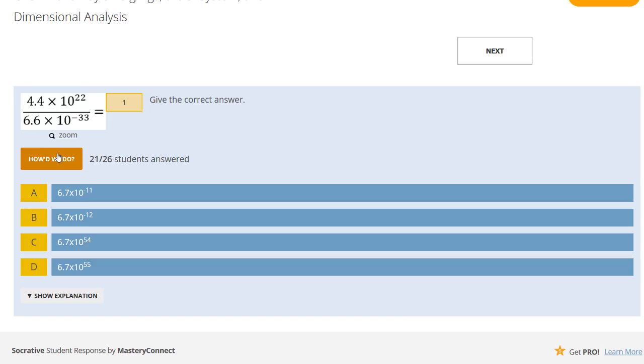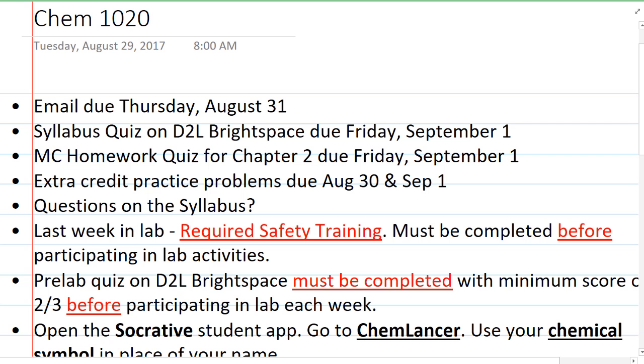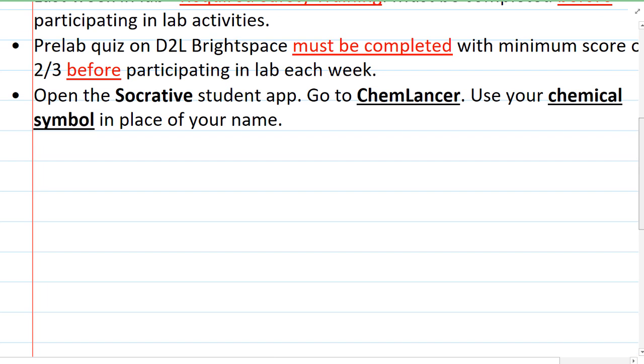We'll count down 5, 4, 3, 2, 1. Correct answer here is C, 6.7 times 10 to the 54th. If you were to plug this into your calculator, remember that the way we do that looks something like this. We have the 4.4 times 10 to the 22nd over 6.6, what was it, times 10 to the negative 33,